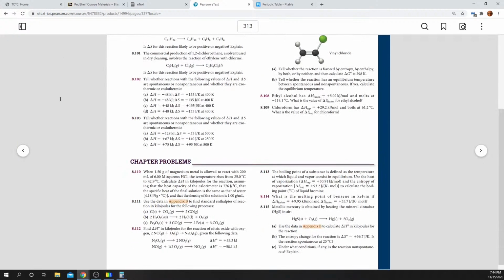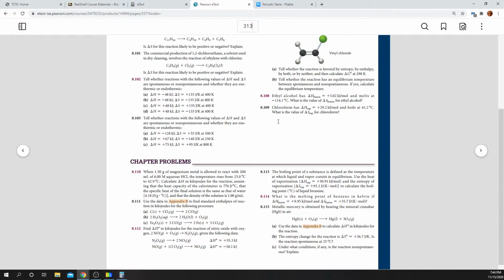All right, tell whether the reactions with the following values of delta H and delta S are spontaneous or non-spontaneous, and whether they are exothermic or endothermic. So A, delta H is negative 48, delta S is positive 135, and the temperature is 400 Kelvin. All right, so these are all delta G equals delta H minus T delta S. So A and B are both exothermic, C and D are both endothermic, because of the values of delta H. Now, whether they're spontaneous or not,